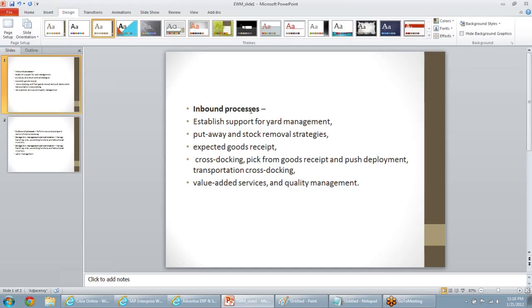And one more thing is that if you want to run EWM, you can have R3, or you need not have R3 at all. You can have any of your legacy systems and run EWM as a standalone solution. Moreover, the main advantage of EWM is that it is part of the SCM solution. You know what SCM in SAP is mainly used for? It contains supply chain planning as well as supply chain execution, so you can use various optimization techniques to run your warehouse very efficiently.